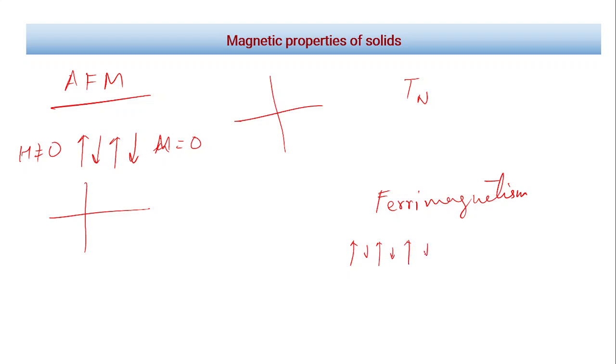So in a way it's similar to antiferromagnetic, but there is a difference in the magnitude. The height or the length of the arrows I'm using to show the strength of the magnetic moment,